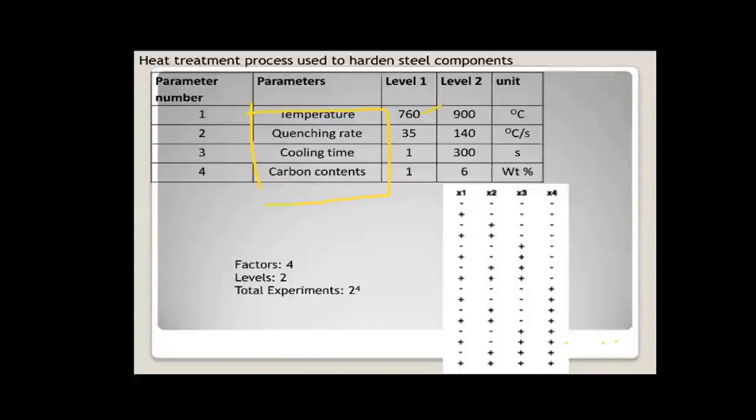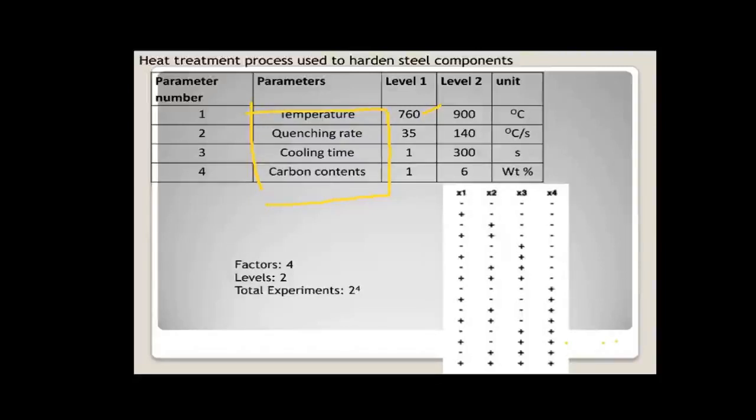What is the meaning of levels? For example, if I want to make tea, the first input parameter is sugar. Now sugar is my input parameter. For making a good tea, how much sugar do I have to add? So I will have three levels. First will be 1 spoon of sugar, second will be 1.5 spoon, and third will be 2 spoon. So I have three levels. Suppose I want to define five levels. First I will add half a cup of sugar, then 1 cup, 1.5 cups, 2 cups, and 2.5 cups of sugar. So I will have different levels.